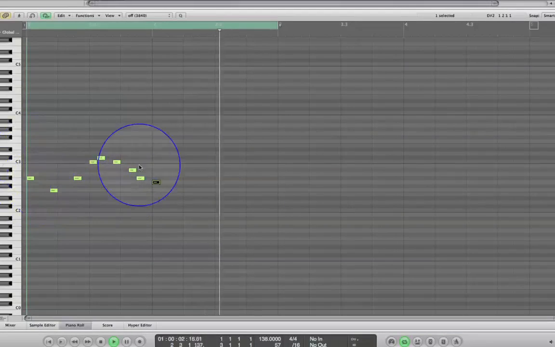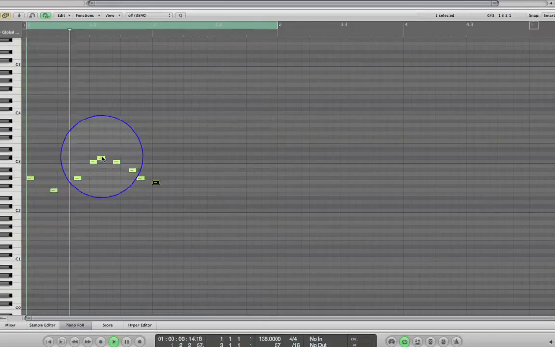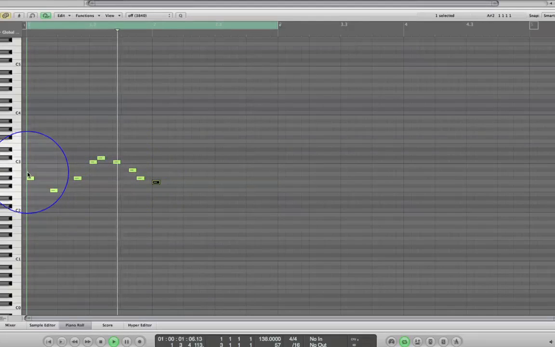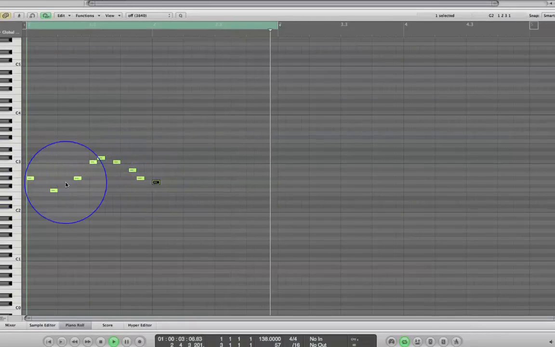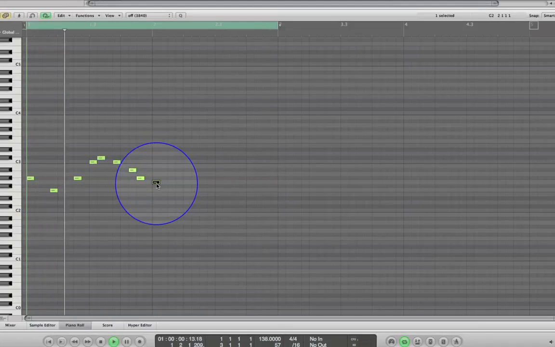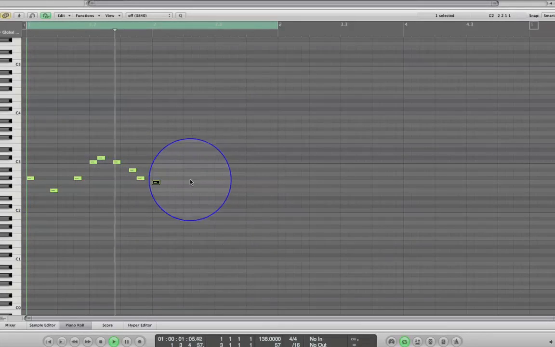Now you can see there how I've followed our principles before. We've got, see them there? We're skipping and then we're stepping. So we're following the motion, we're following our contour, and we're also skipping and then stepping. I think what we're going to do is we'll skip down and then we'll step up again and